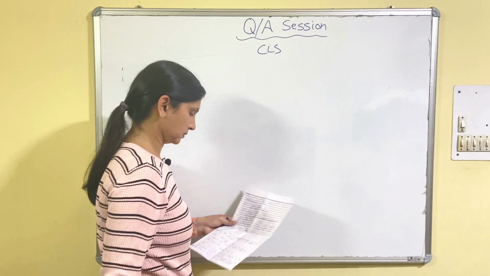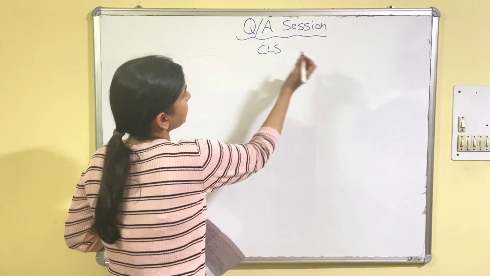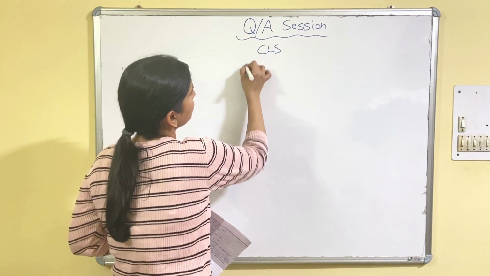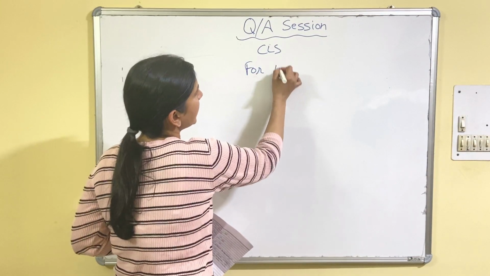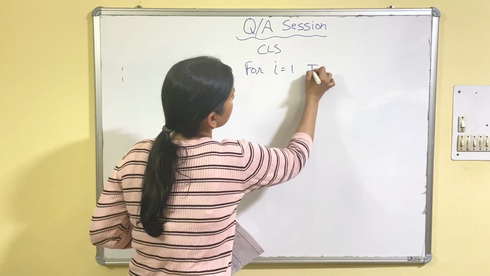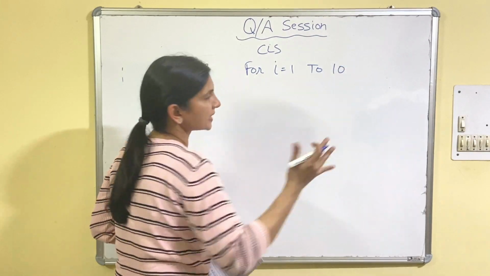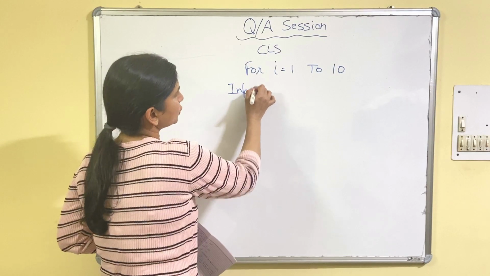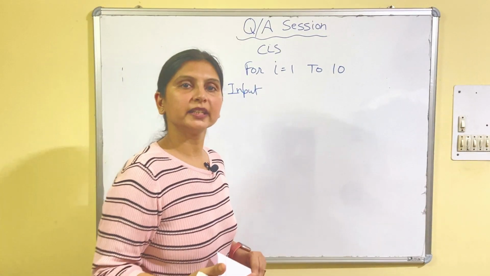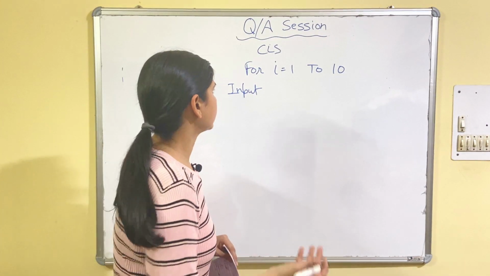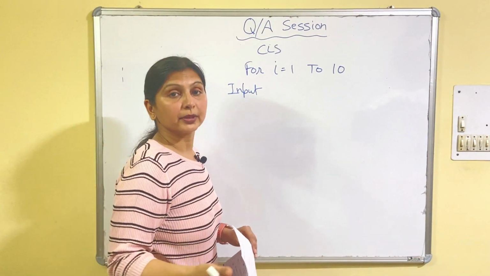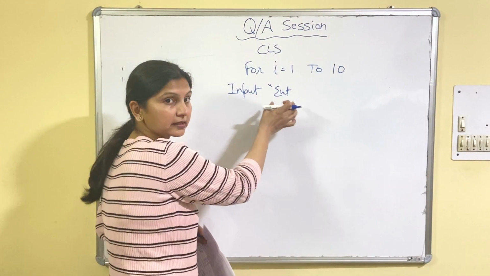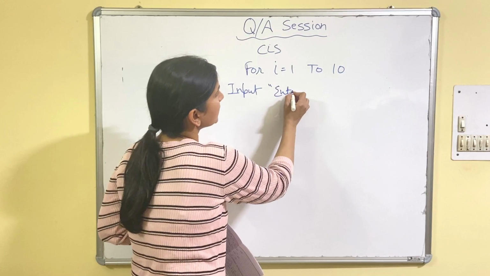CLS. Okay, area and perimeter. Fine. By using input, we will start that. For loop I am using for I equals to 1 to how many? 10, because 10 rectangles are there. Input. To calculate area and perimeter, what we need? We need length and breadth. Fine. And 10 different pair of length and breadth. So input. That's why we are putting this statement inside the loop.